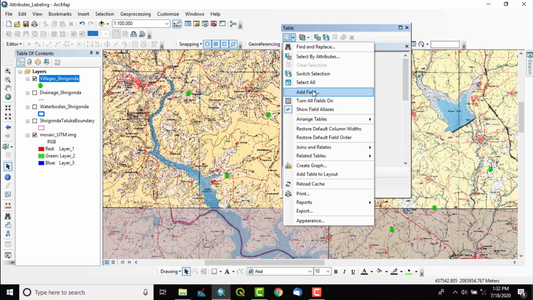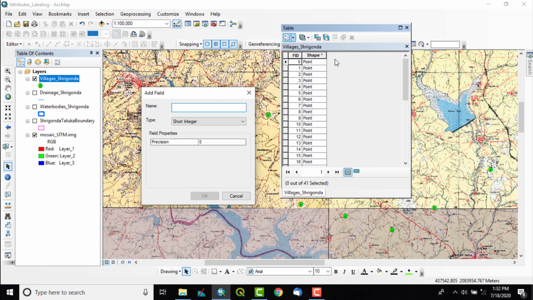So now I am going to add a field. So since I am going to add names of the villages, I will just give field column name as a name, and since I want to give the names, those are alphabets only. So in the data type, this also is very important. We have to take text because we are going to input the text alphabets. So there are some types like short integer, long integer. So short integer, long integer are for digits.